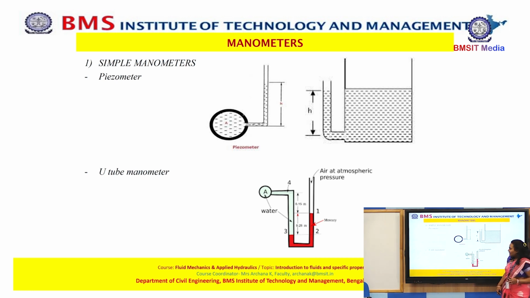Now how do we read a U-tube manometer? This manometer, the U-tube manometer, has what is known as the left limb and the right limb. The pressure on the left limb is always balanced by the pressure on the right limb. So if I take a level or a datum at point 3,